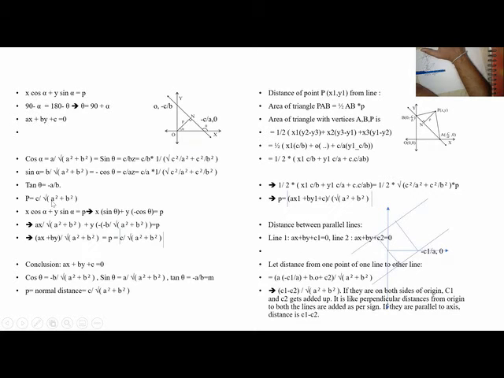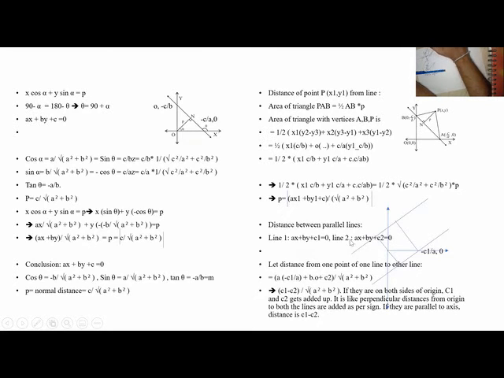This is from the origin, and this is from any point. Earlier we discussed that a point can be on the line, on one side, or on the other side. So this also gives the distance: how much distance this point is from the line. Once I substitute that point in the line equation and divide by root of a square plus b square, I am getting its distance from the line. Depending on the sign of C, whether it is on this side or this side, we can find out.